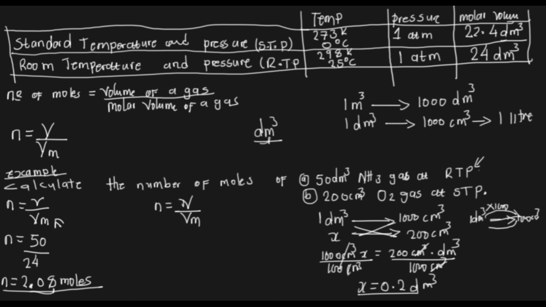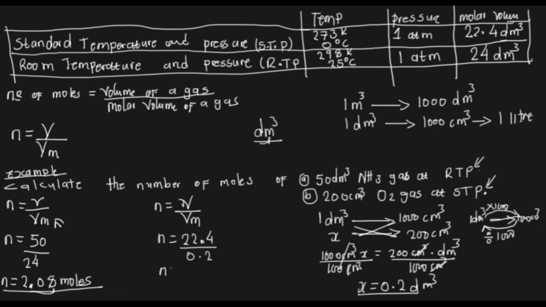From centimeter to decimeter, you divide by 1000. So therefore we can now say number of moles is equal to volume divided by the molar volume. Now this time we have been given a condition of STP, so standard temperature and pressure, so we are going to use 22.4. So whenever you have been given a condition of STP, you use 22.4 divided by